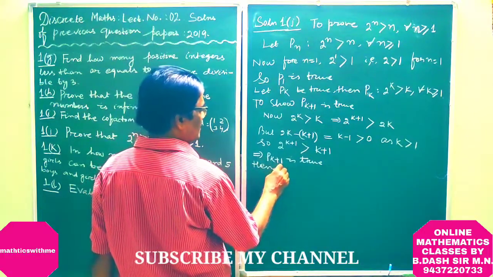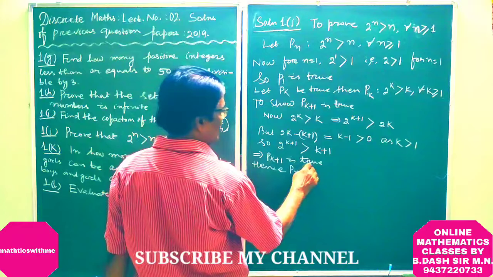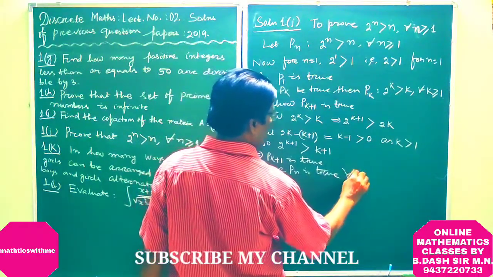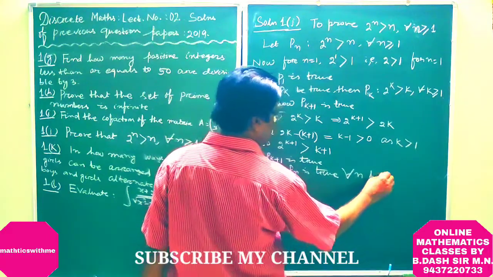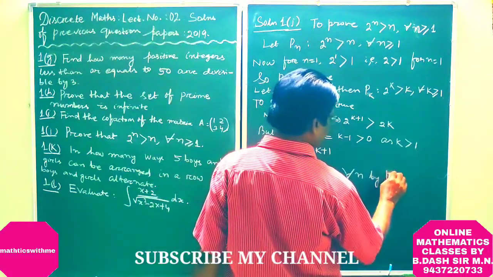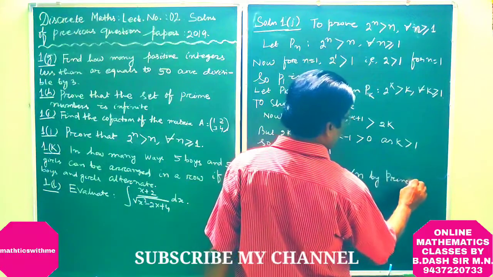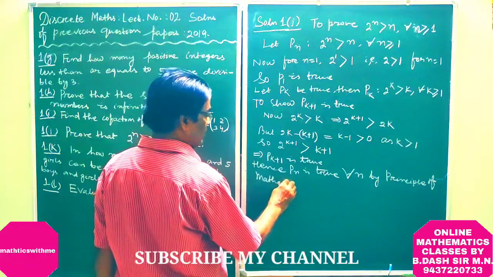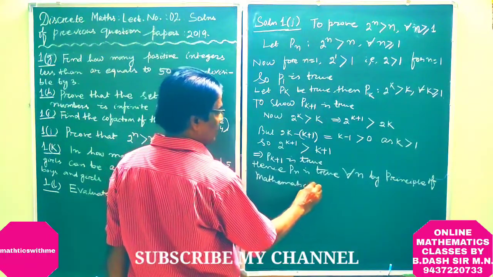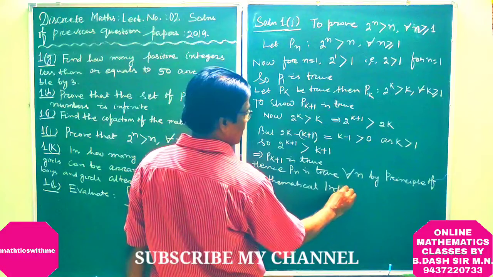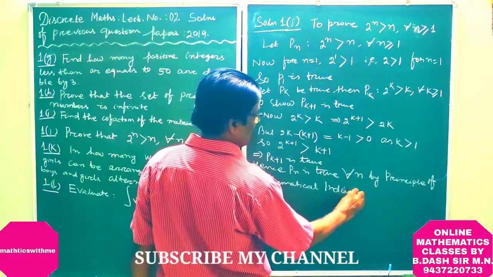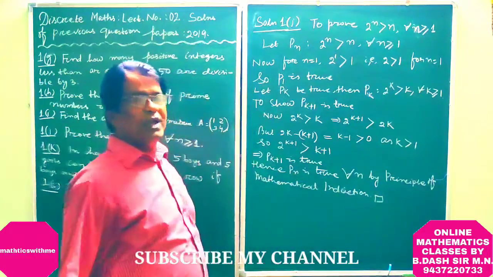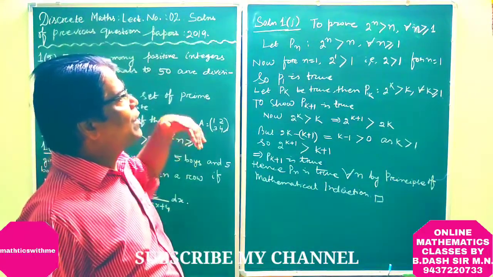Hence Pn is true for all n by principle of mathematical induction, proved. So here we have to prove 2 to the power n greater than n for all n greater